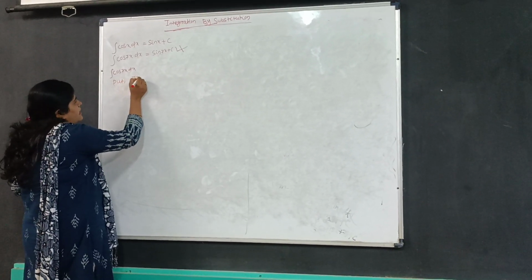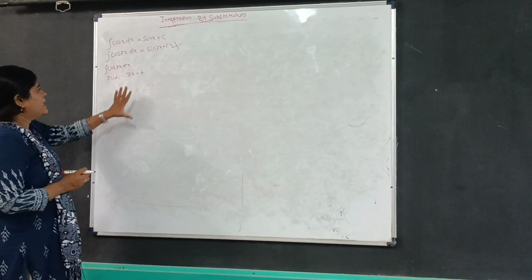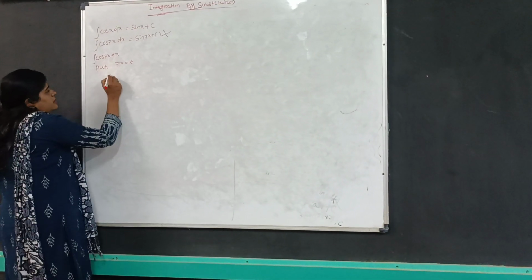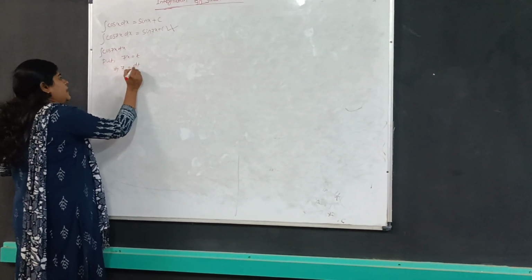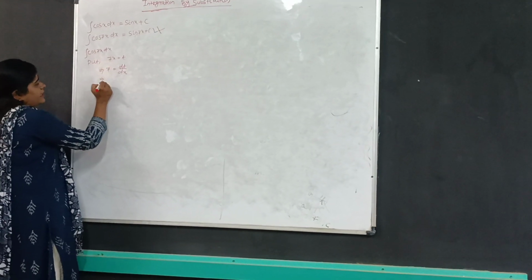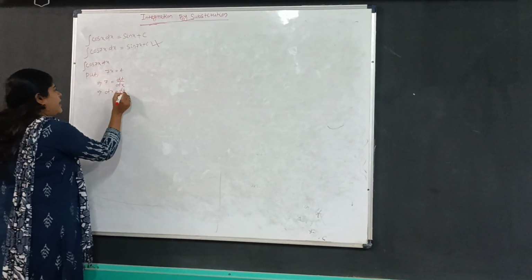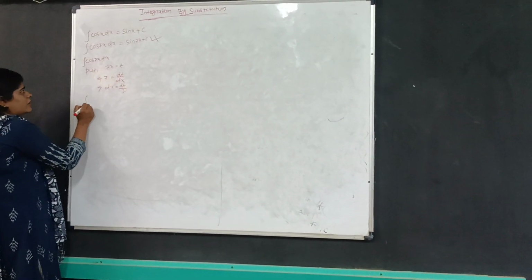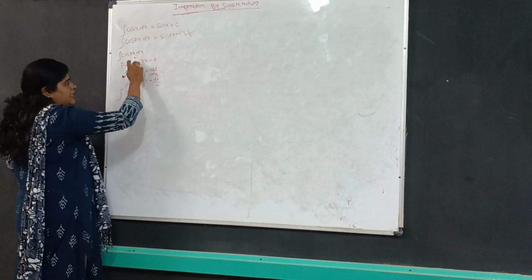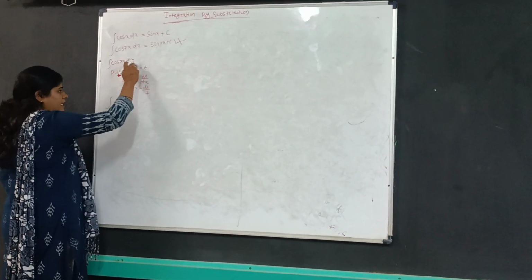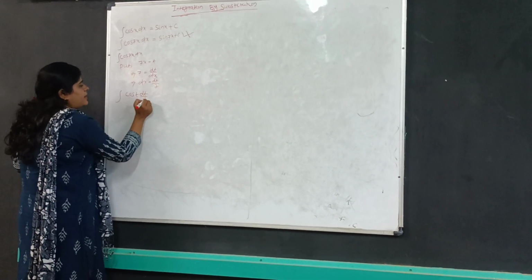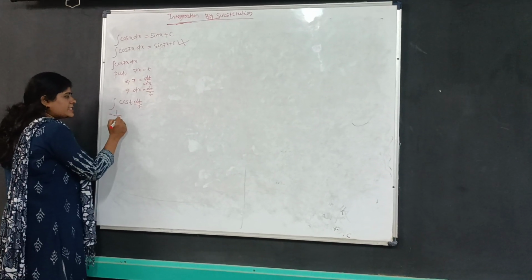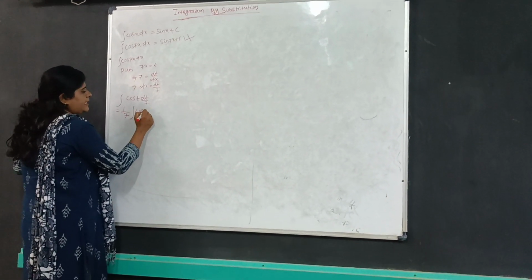put 7x as t and differentiate this equation with respect to x. We get 7 is equal to dt by dx. Then dx is equal to dt by 7. Then the integral is converted to the integration of cos, where 7x we put t, and where dx we substitute dt by 7. Since 1 by 7 is a constant, take it out: 1 by 7 integration of cos t dt,